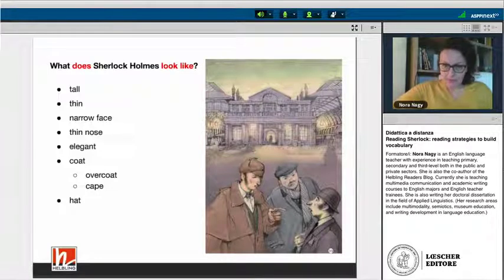Can anybody tell me the name of the hat he is wearing? This might be a bit difficult for A2 levels, but he's also wearing a white shirt. All right. Deer stalker. Yes, Paul is saying that's a deer stalker. So that's the special name of the hat he is wearing. Thank you. All right. So now let's move on